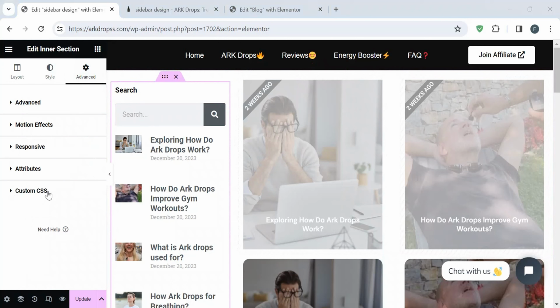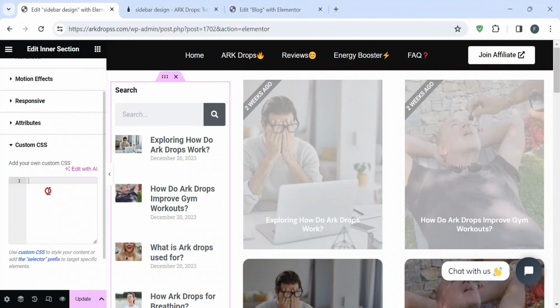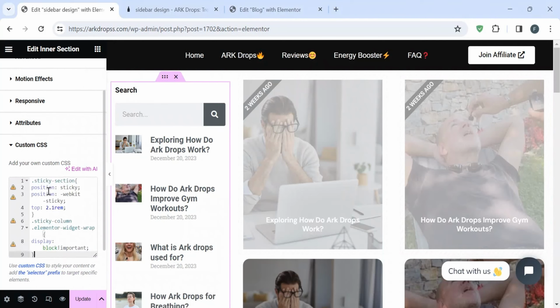Now here I'm gonna click on custom CSS, and here I will paste the custom CSS. Don't worry, I will provide it in the description. So I'm gonna paste it here, and you will see here the sticky section code, and this one is for the sticky column code. Okay, you can increase or decrease the top sticky offset from here, right? So I'm gonna update,